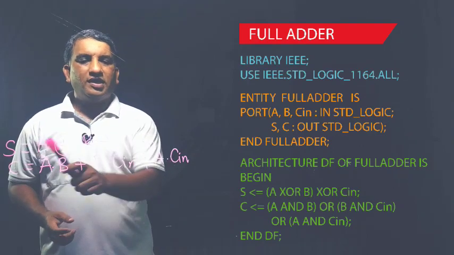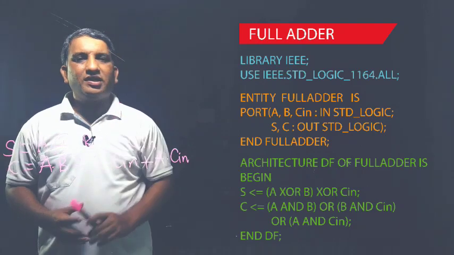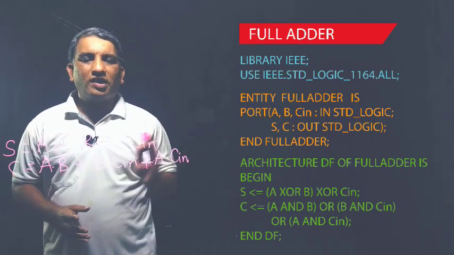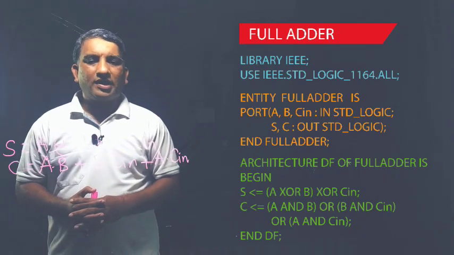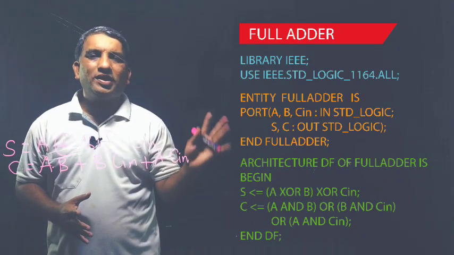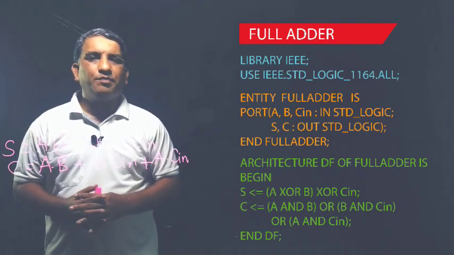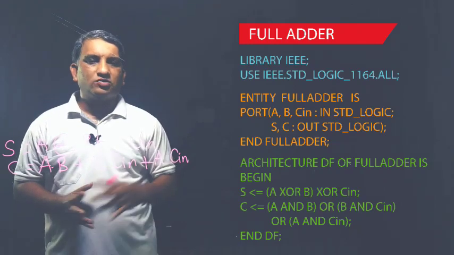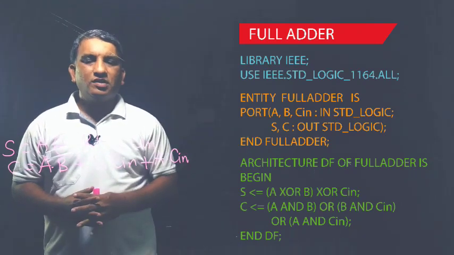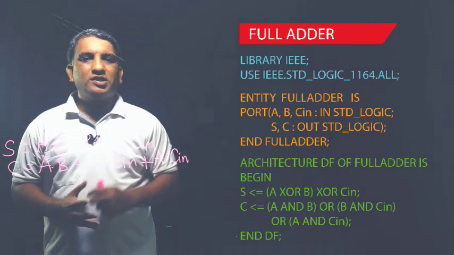So if you can see here A, B, C in as well as S and carry we have already declared inside the entity. So we do not have any extra variable, constant or signal while implementing the architecture. So there is also no declaration part. So that's why I will directly start with the begin keyword to start the body of the architecture. So that's why I will write down the begin. Inside this, after this begin, you have to implement these two equations.